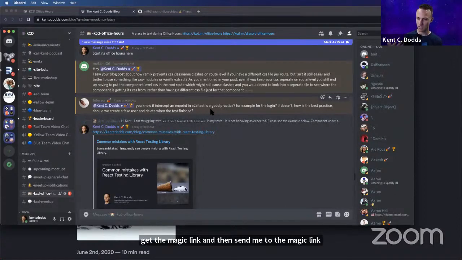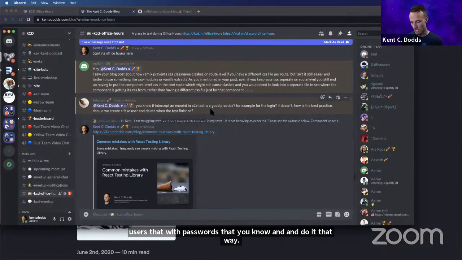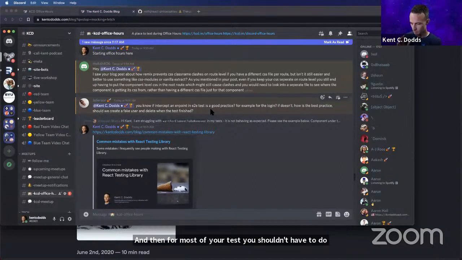Otherwise, you can seed the database with some users with passwords and do it that way. And then for most of your tests, you shouldn't have to do that. You should be able to skip the whole login process and hit an endpoint that just creates a user for you, which I also do on my website.